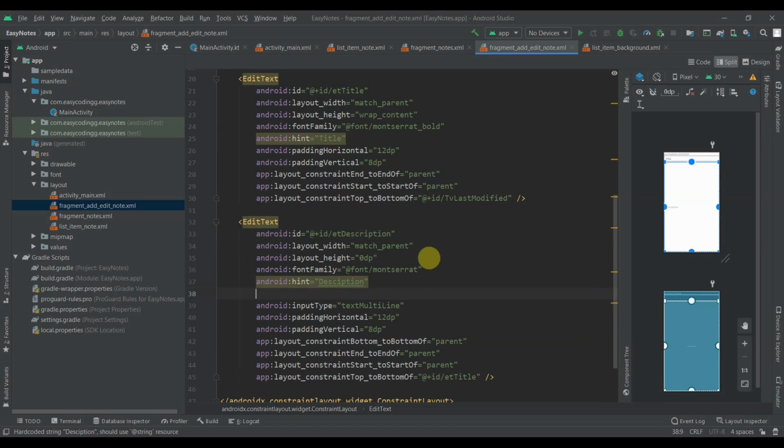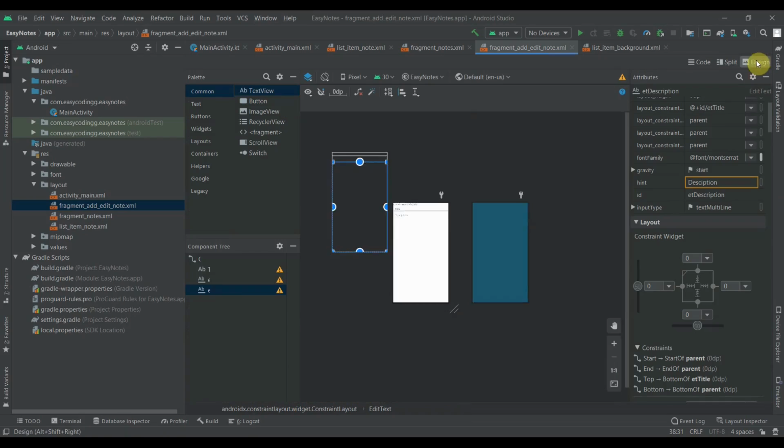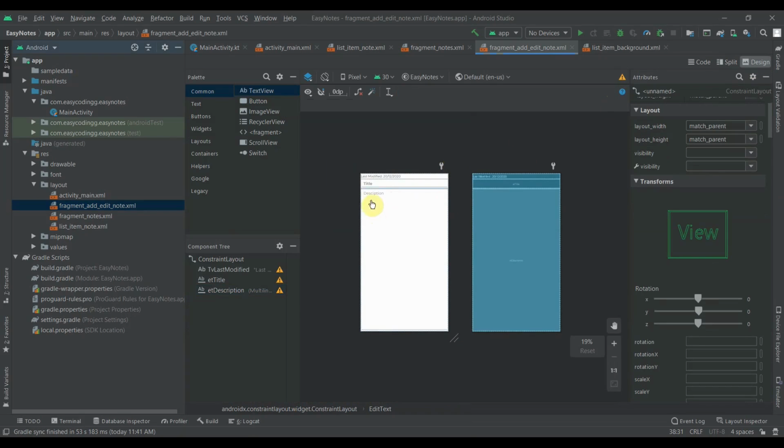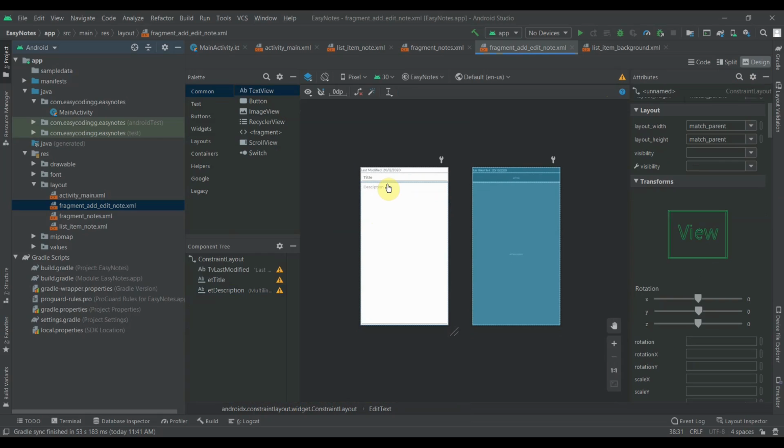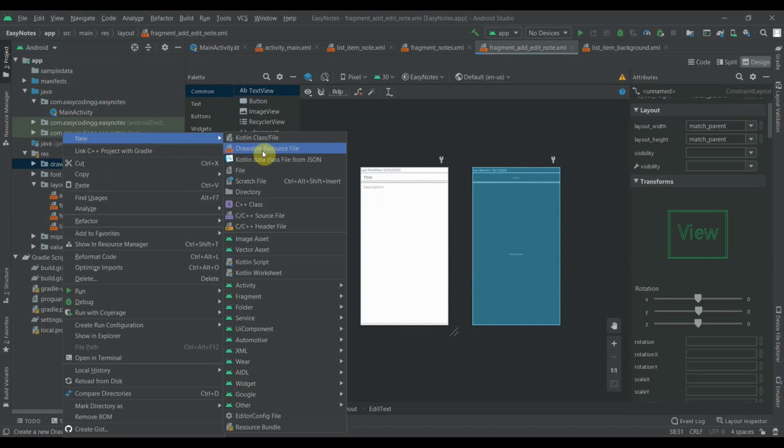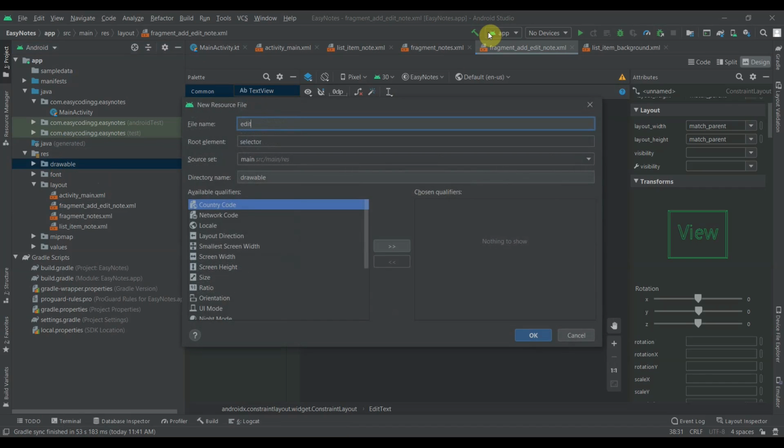We do not want that, so we'll change the gravity to start, and now we see that the hint comes at the start. Now we want a stroke background to our edit text, so we'll go to the drawable folder and create a new drawable resource file. Its name will be edit text background,